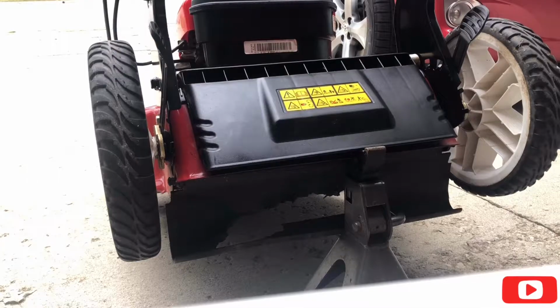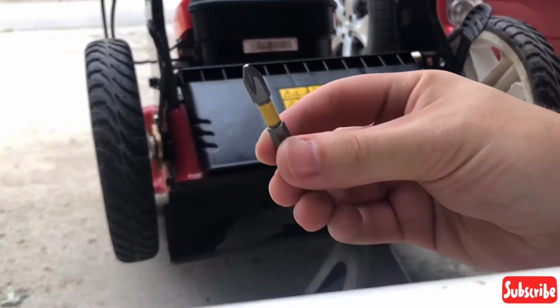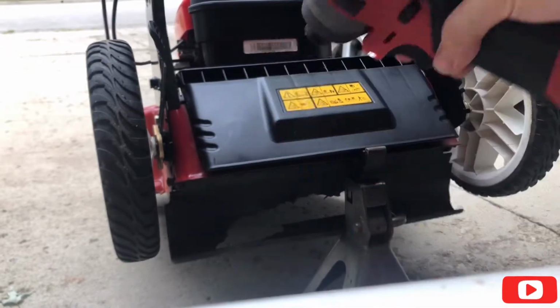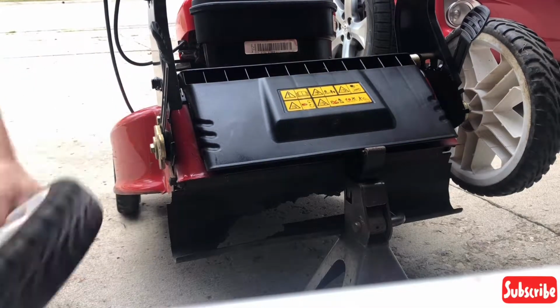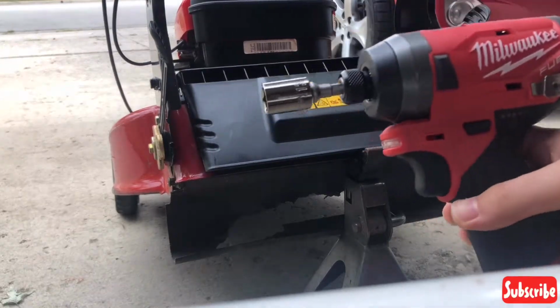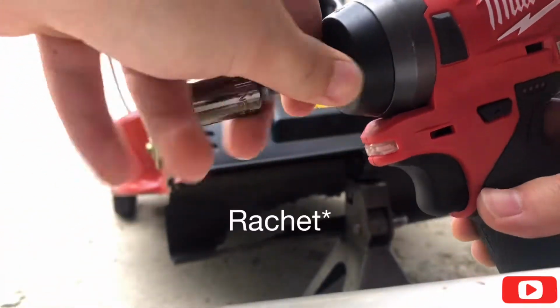What you will need for this process is a 13mm, a Phillips head screwdriver. I will be using an impact gun. Okay, so what you need to do is first take off the wheel. Okay, now that you're done taking the wheels off, take your socket off your wrench or impact gun